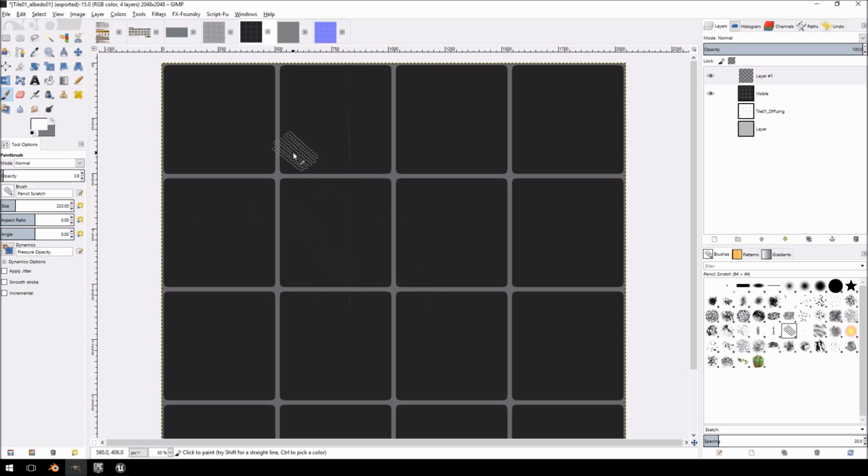I'm going to make a scratch across, and use some of these other brushes just for some dirt effects. You can just experiment with brushes. I would highly suggest downloading some brushes off of the internet. You can find a lot of free ones. I don't have any currently